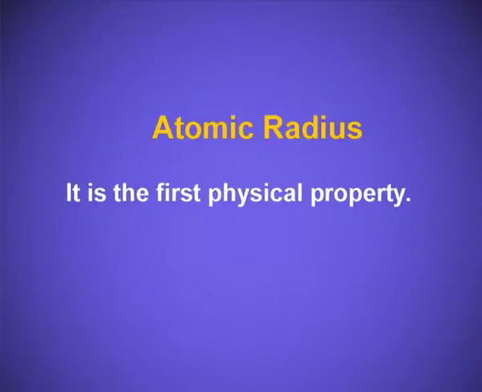Atomic radius is the first physical property. Dear children, we compare the atom with a sphere. Atom is spherical in shape, but to measure its atomic radius is very difficult. It's not that easy to measure just like a ball, because atoms are very small in size, and also there is no definite boundary of an atom. So the atomic radius which we measure by using X-ray and spectroscopic methods is just an estimate. It's not at all precise.